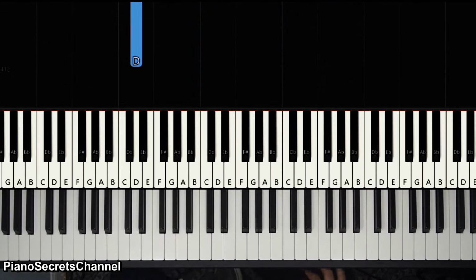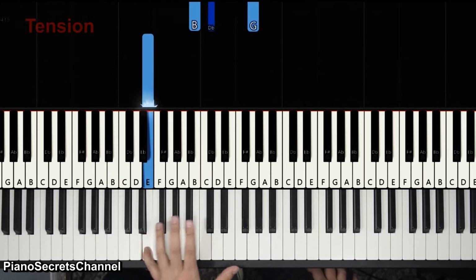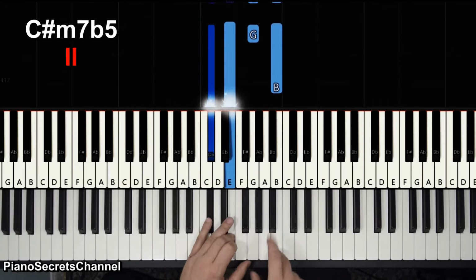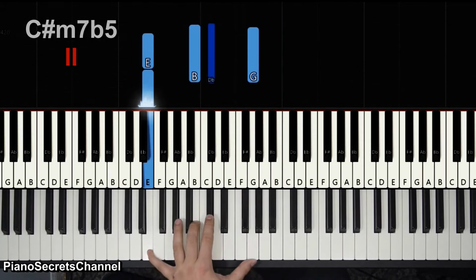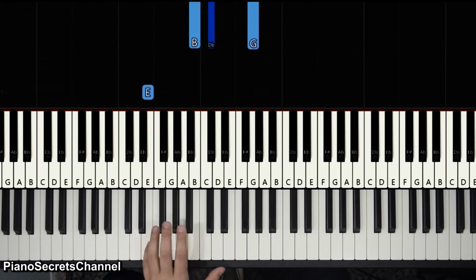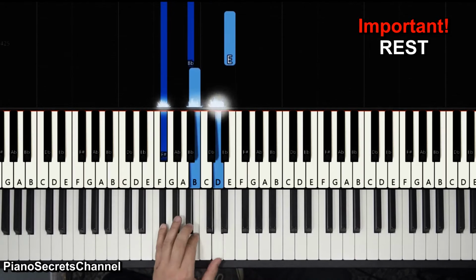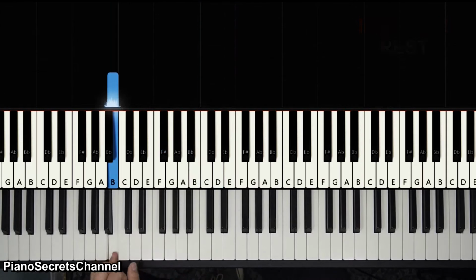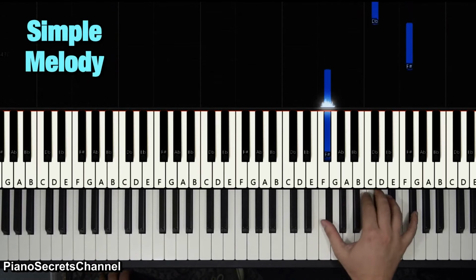Okay, now in this section we're gonna have the D and the chord again, then the E and this chord, which is a C sharp minor 7, flat 5. It comes from here, but we'll flip it. We put the E below and we do this instead. So left hand. Rest, then we have here back to B minor, we add this and back to B minor again, and we leave. Okay, with all that we're gonna have the F, but then we're gonna have this pattern